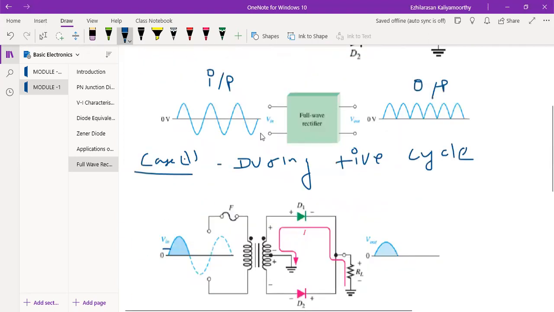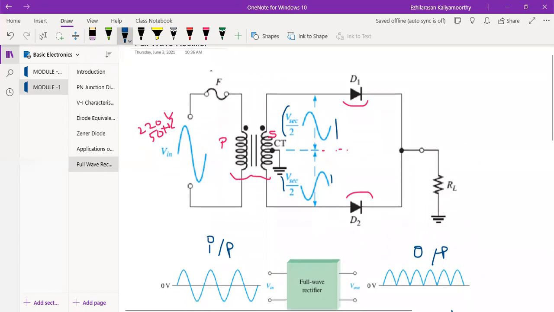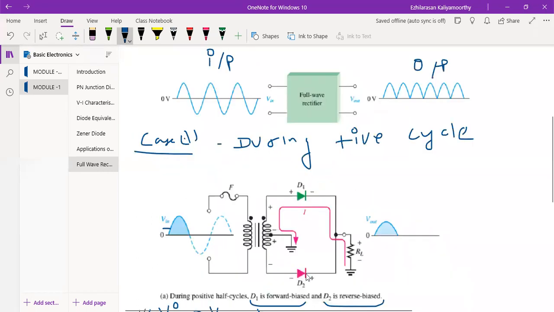The waveform will be in this way. Check how we are getting the waveform. The secondary coil voltage is like this on top and like this at the bottom. The input waveform is split in this way: the first half cycle goes over, then the negative cycle comes over here, where this is positive and that is negative. If you are confused, see this winding: plus minus, plus minus. The minus is connected to